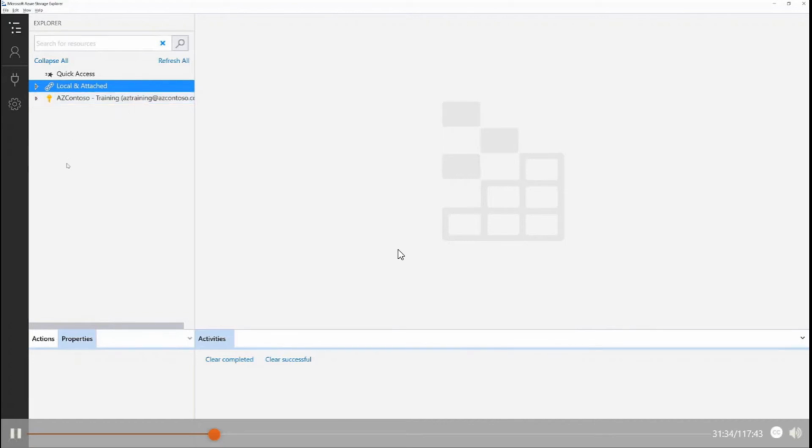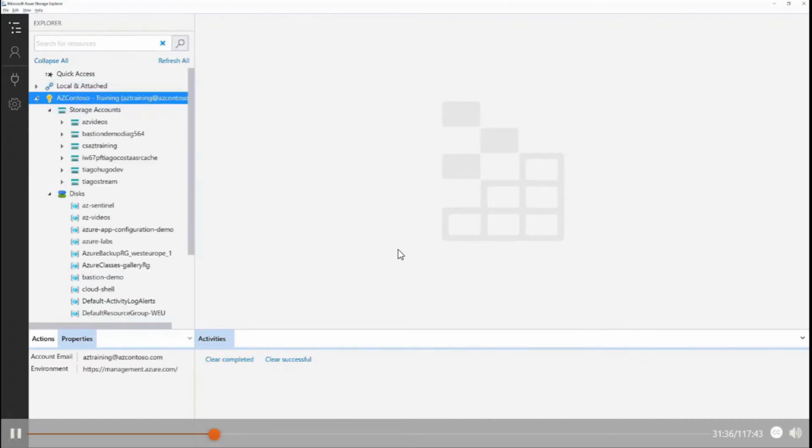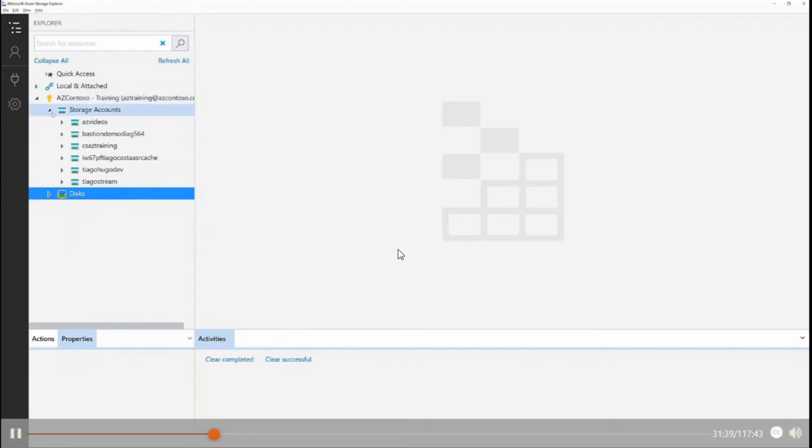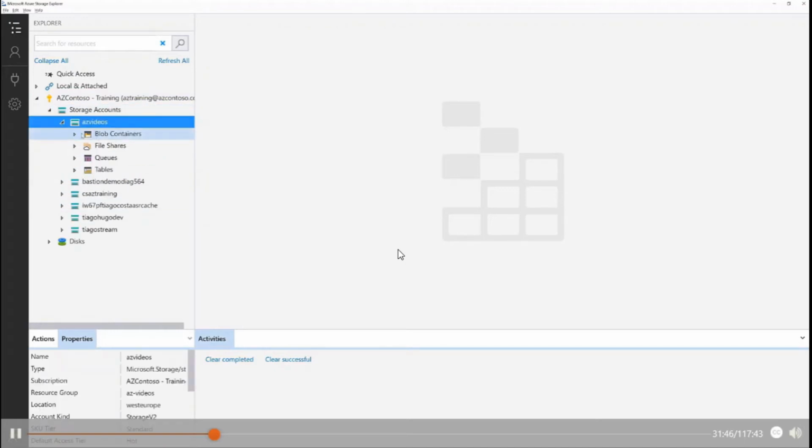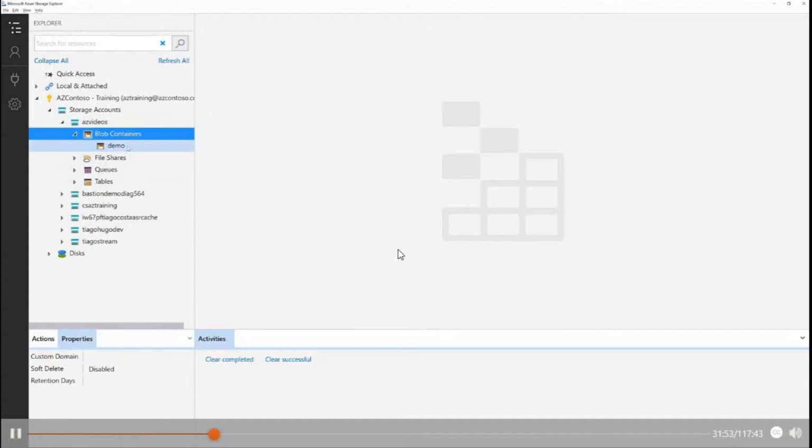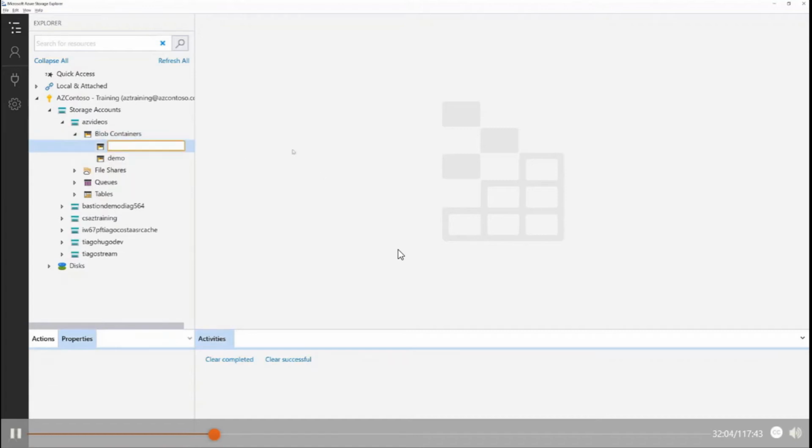Now, I can just expand this here. You see some of the storage accounts that I have in this demo account. I have here the AZ videos. I can see containers, shares, queues, and tables. I will go for containers. I have here already a container, which is called demo. But if I want to, I can just right click and click here to create a new blob container. It's as simple as this, and you just need to put here demo 2, for example,